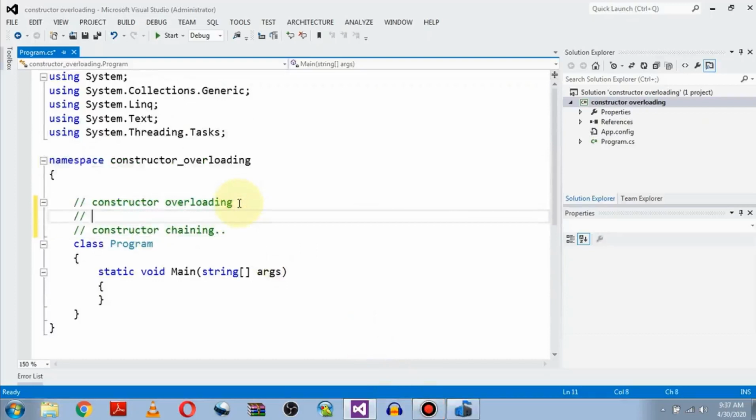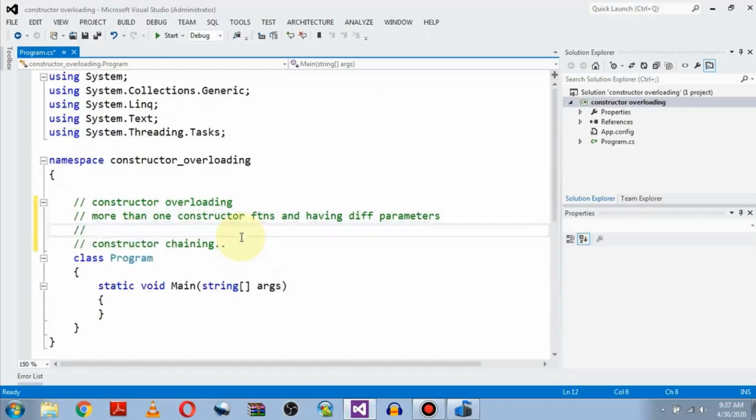What is constructor overloading? It means having more than one constructor function with different parameters.